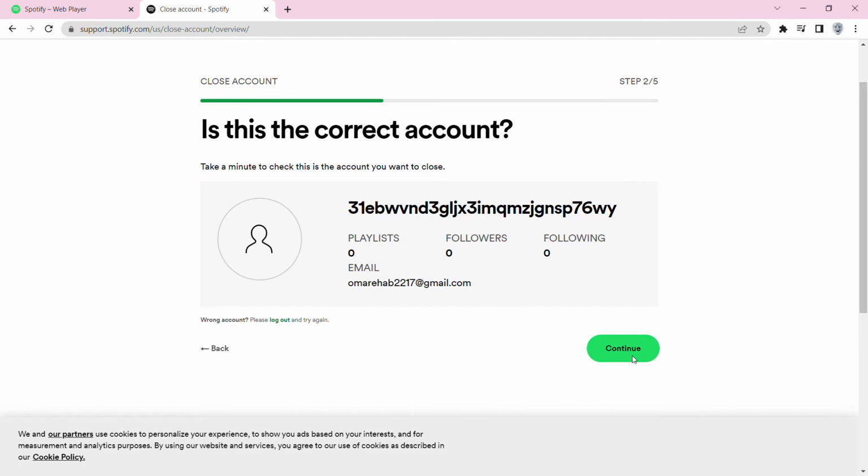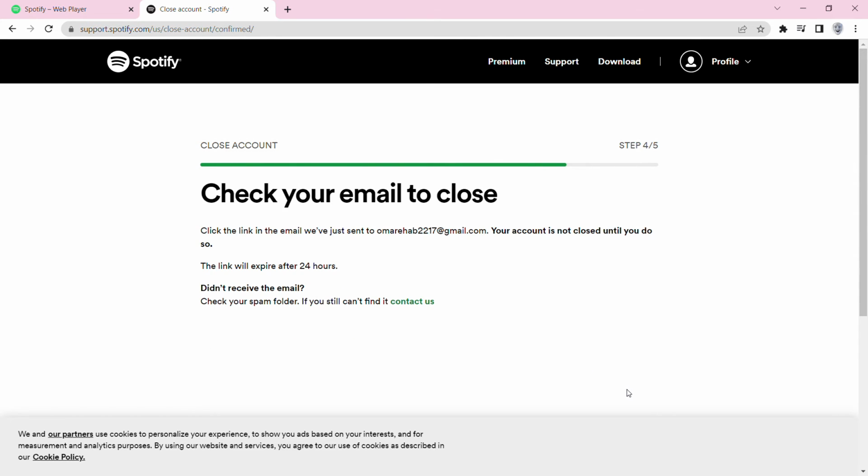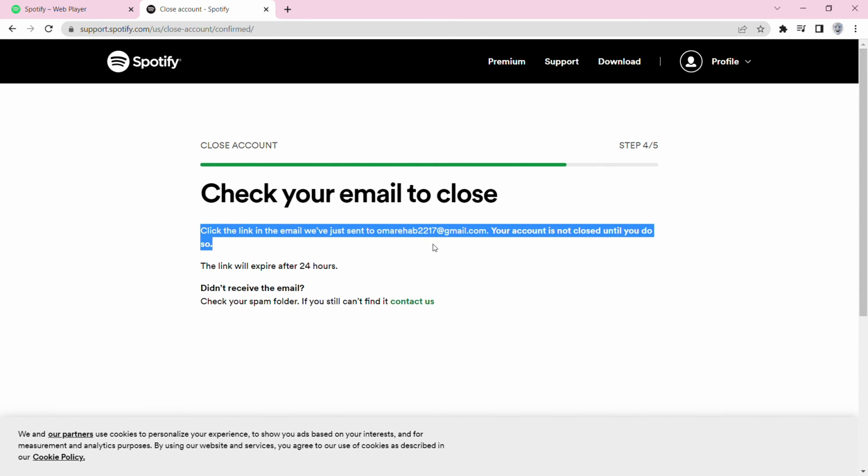Then you need to confirm that it's your account. So I'm going to press continue because this is my account. After that, click I understand and press continue. After that, it'll tell you that it sent an email to your email address that has a link that will